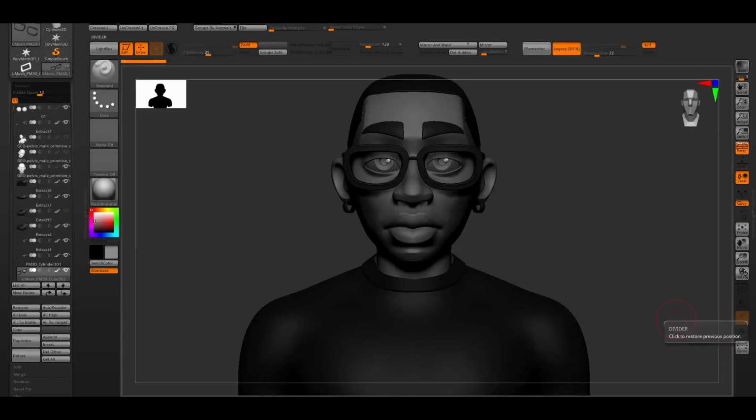So, we're in ZBrush. I have two versions of the ZBrush project. I have this neutral pose and then another file with the posed version. I nearly tripped over my words there. But anyway,